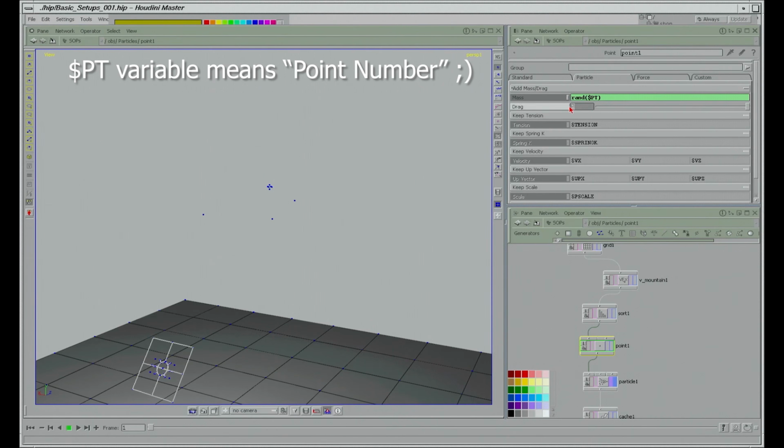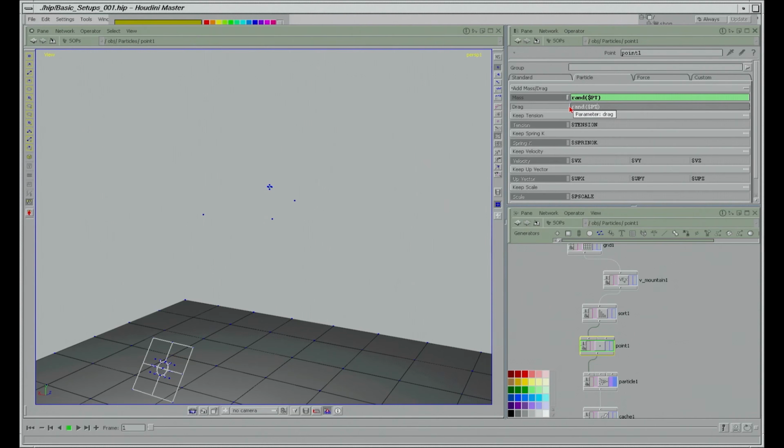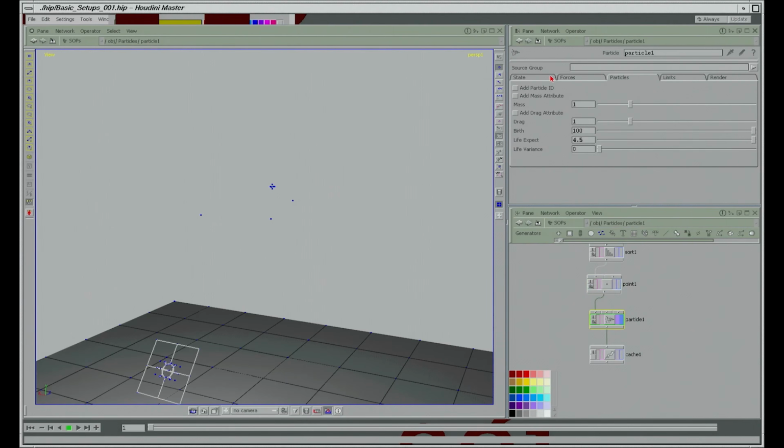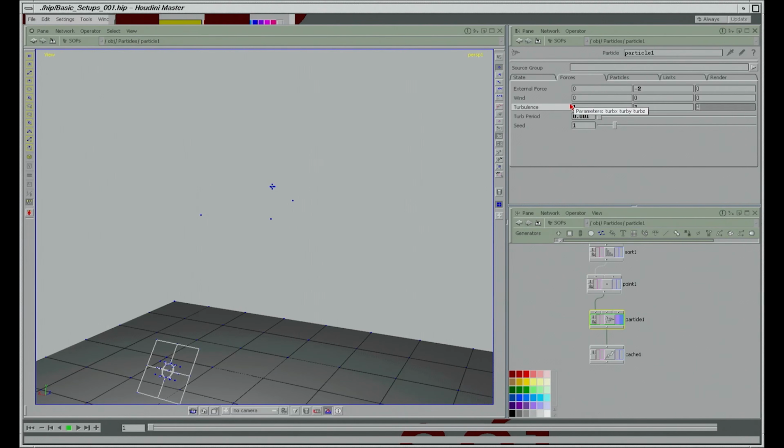And on the drag, we're going to randomize this $particle and plus 500. Down in the particle, we're not adding them here because they're added above, but we do need forces. And so I'm going to go in here and add turbulence 1, 1, 1, and then we'll go 0.5. And now if we go back and calculate this,